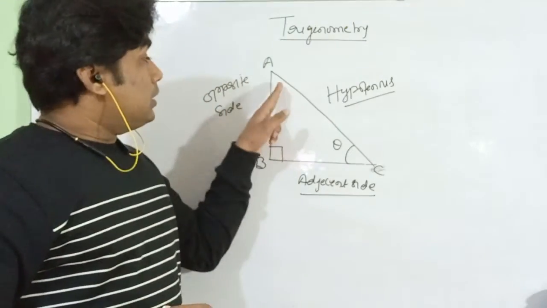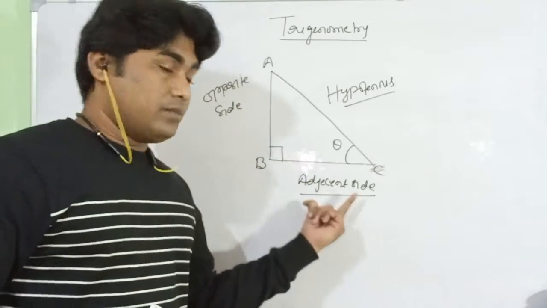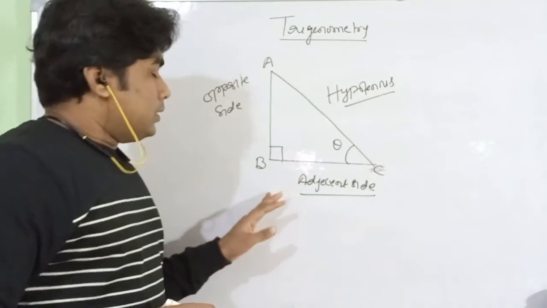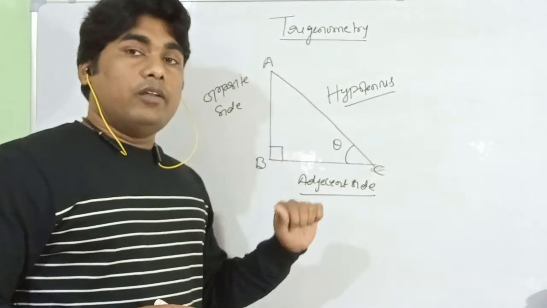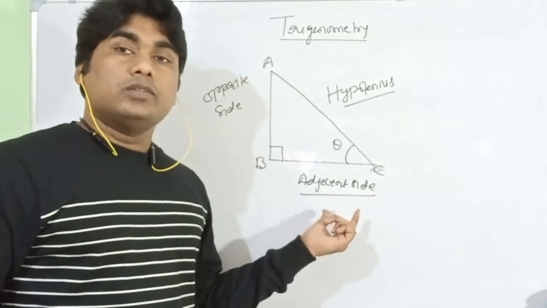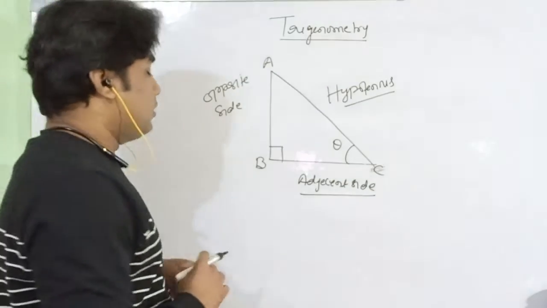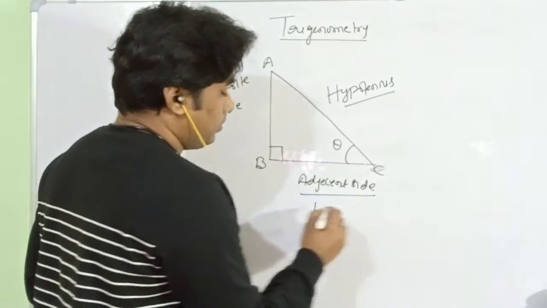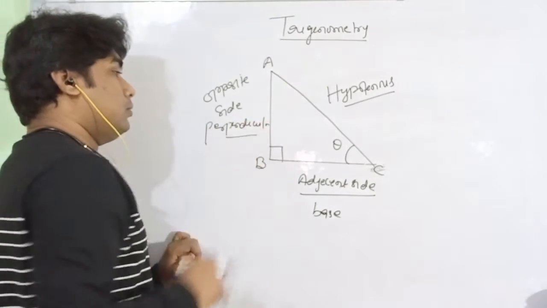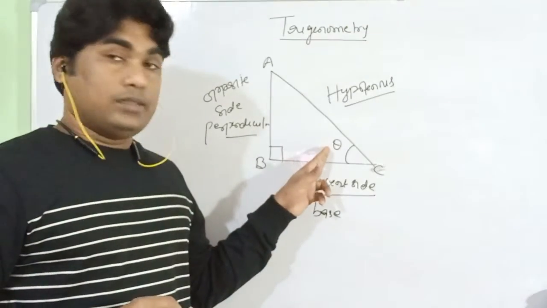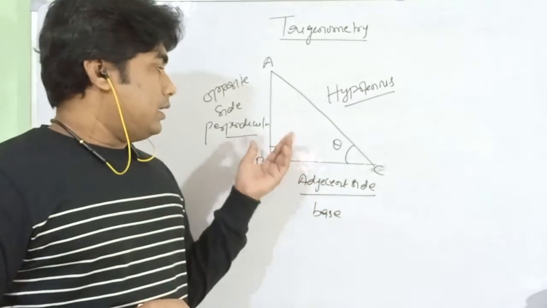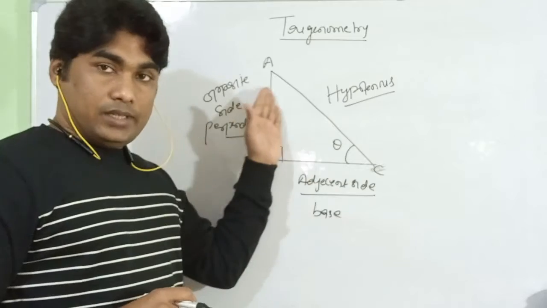If we consider this theta, then this one is adjacent and this one is opposite, and opposite to the right angle is hypotenuse. But we are going to understand all formulas related to this theta. Adjacent side is also known as the base of a right angle triangle, and opposite side is known as the perpendicular of a right angle triangle. Now we want to find angle, or we want to establish the relation between these three sides,